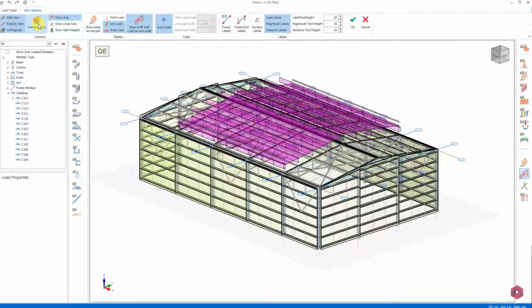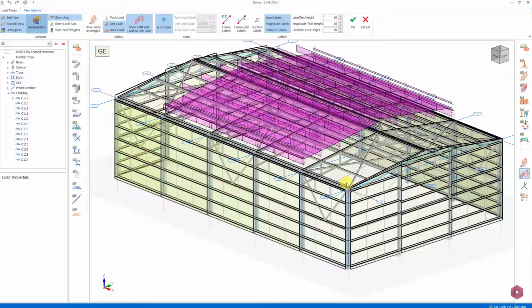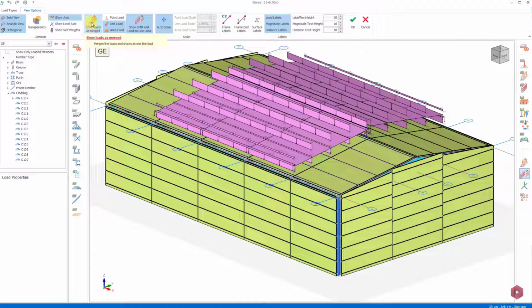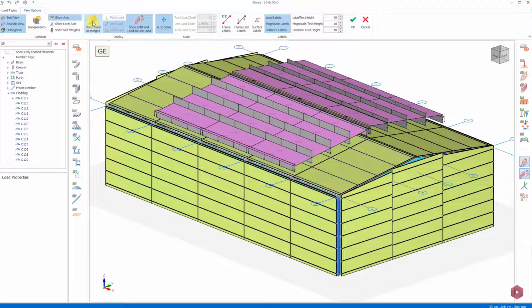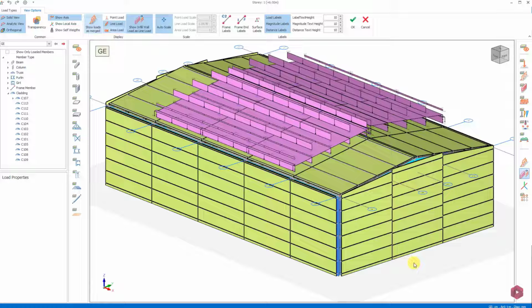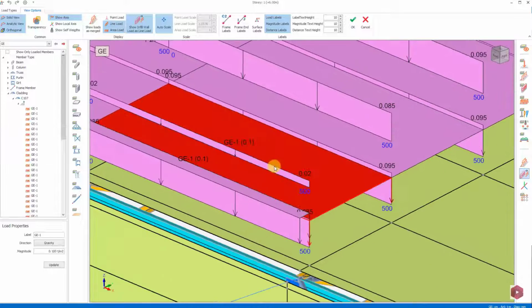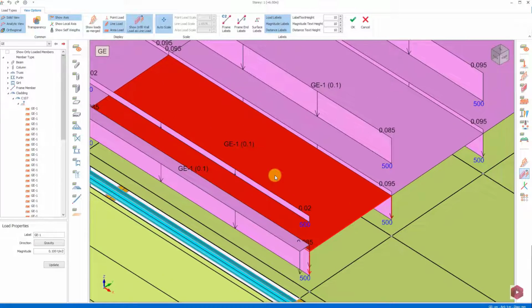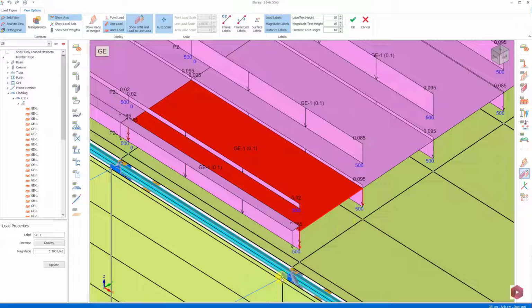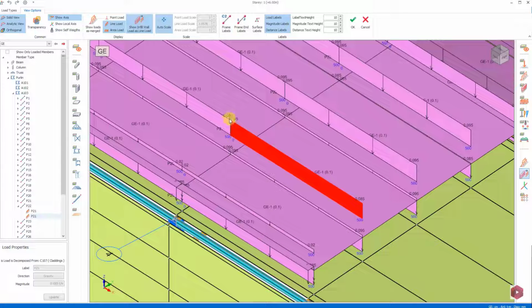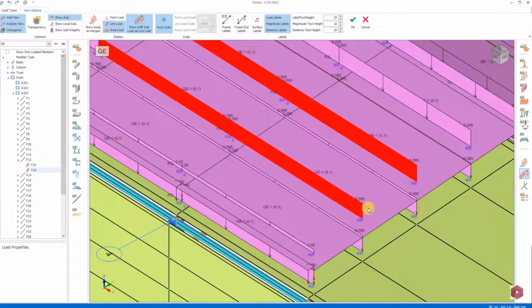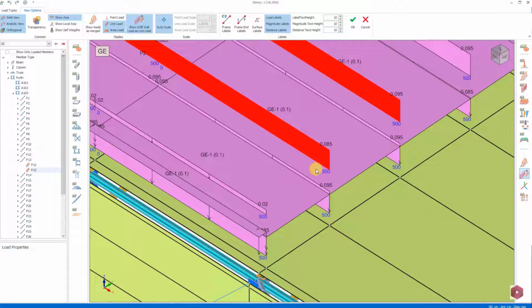The loads that we define as the GE load, that is, the solar energy system, that we are displaying in this section, are specified as the area load on the claddings. At the same time, we display the distributed loads as line loads on the purlins to which the coating is attached. We can use these loads for control purposes. We can remove these loads from the view using the Close Distributed Loads option. Let's define all the cladding weights in our project by switching to the G-load case.